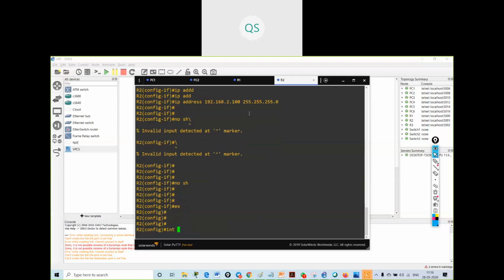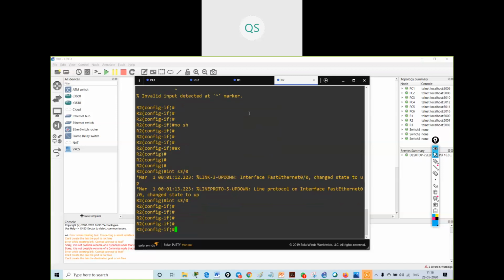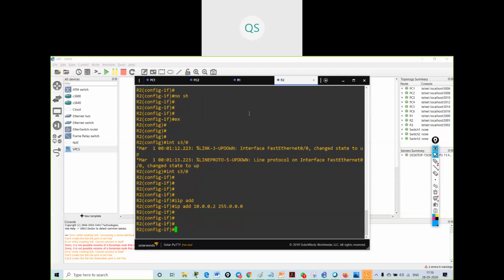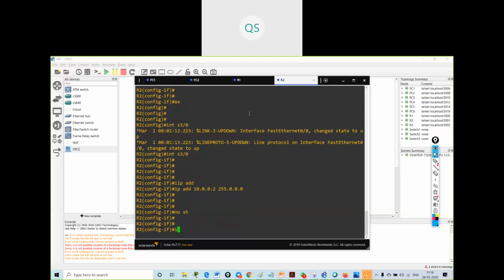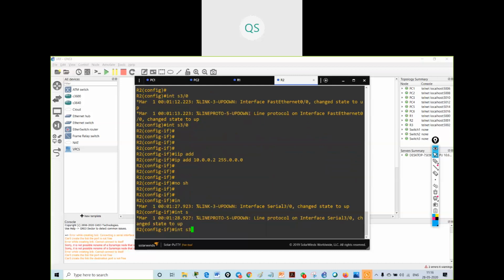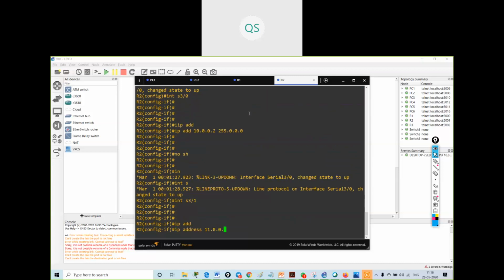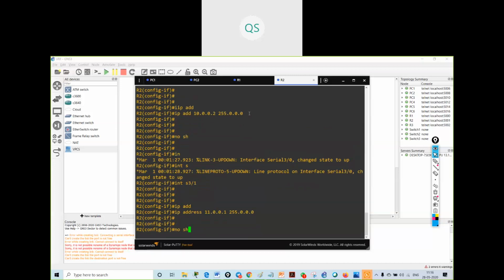Interface serial 3/0, IP address 10.0.0.2 255.0.0.0, no shut. Interface serial 3/1, IP address 11.0.0.1 255.0.0.0, no shut.